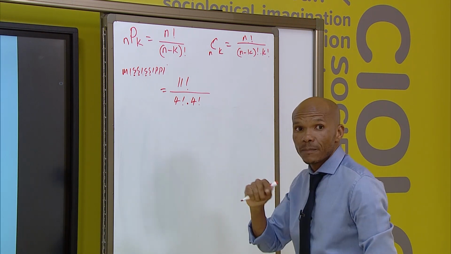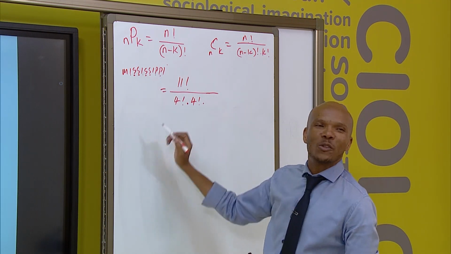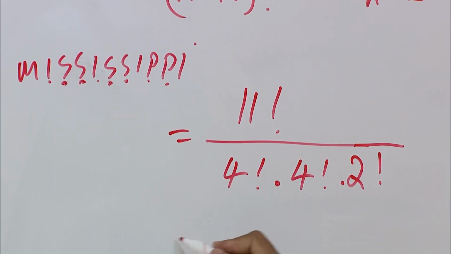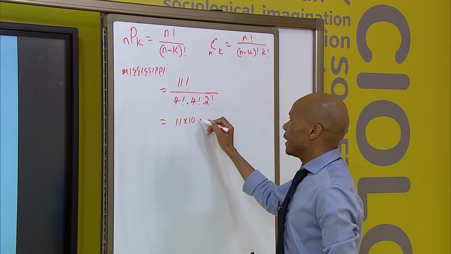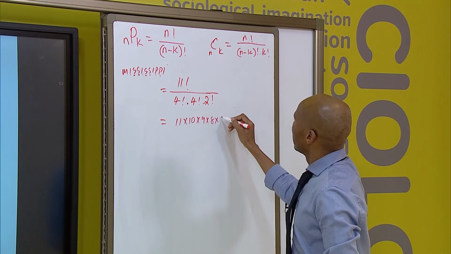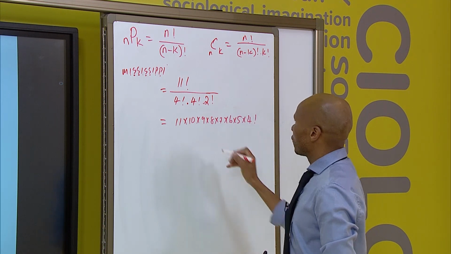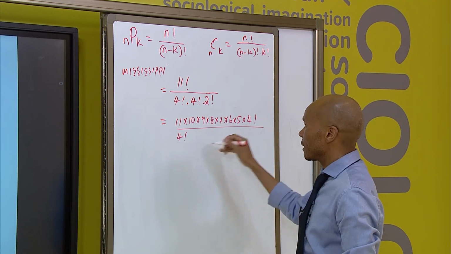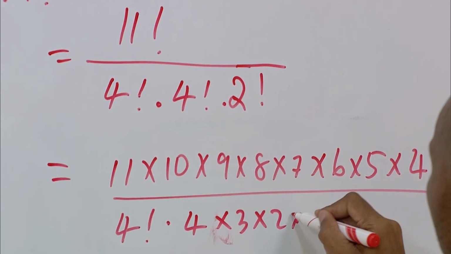All right, and you've got 2 P's. So you've got 2 factorial. So what will that be? That will be 11 times 10 times 9 times 8 times 7 times 6 times 5 times 4 factorial. And here, I'm going to leave this 4 factorial to cancel with that one. And that will be times 3 times 2 times 1